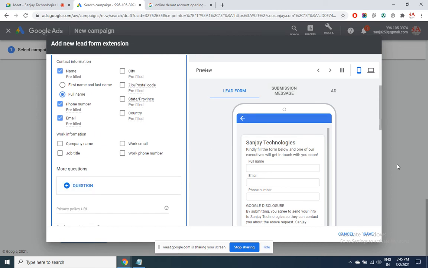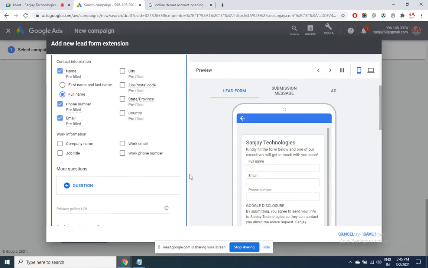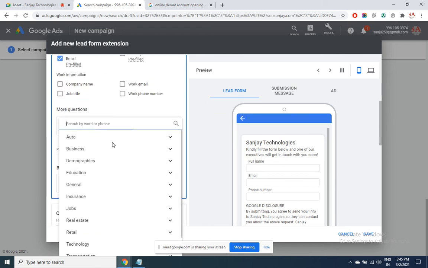Each form filling will be counted as 1 click. Practically the user is not clicking on the ad here, he is directly clicking on sign up, filling the form and submitting. So I never clicked on the ad, I did not visit this page at all, but that will still be counted as a click on an ad. An ad extension enhances your ad, but it will all account for click activity. In case you have any questions.